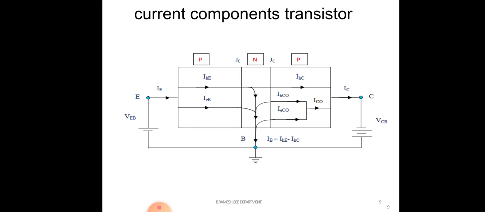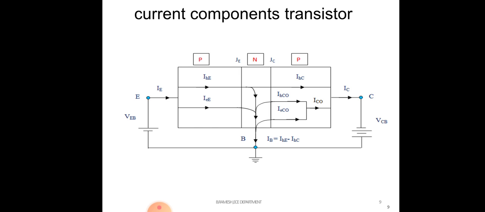When you apply the forward bias voltage, the charge carriers move from the emitter to the base. Ten holes and 10 electrons recombine, and that constitutes the base current, that is IE minus IC. The remaining charge carriers move into the collector region. This is the working principle of the transistor. Fifty charge carriers move from the emitter to the base, but the base is lightly doped with only 10 charge carriers, so 10 holes and 10 electrons recombine, and the remaining 40 charge carriers move into the collector region.